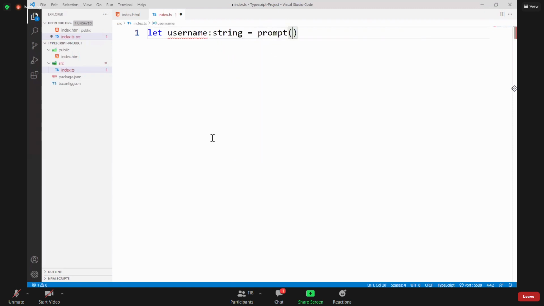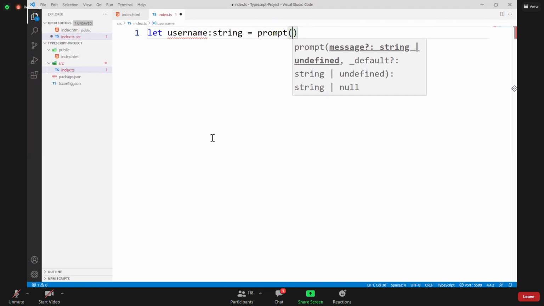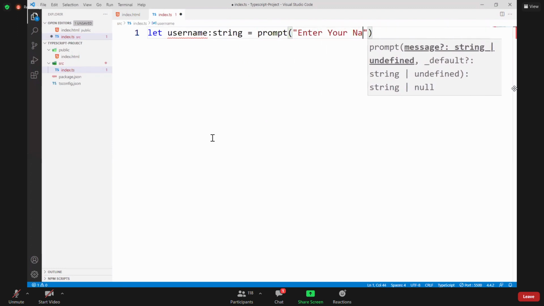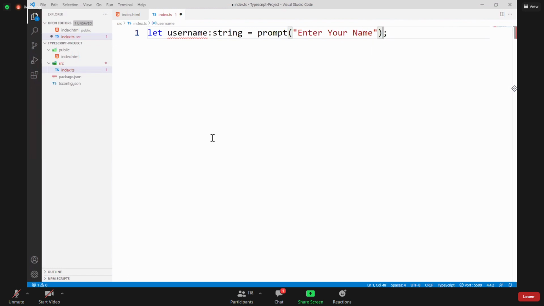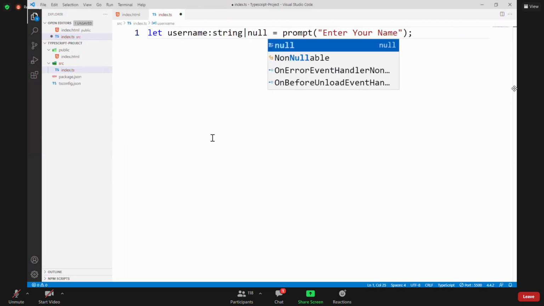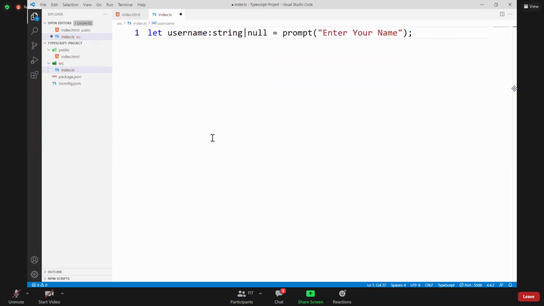In the prompt, we are displaying "Enter username". Initially, the prompt can be null, that means username can be string or it can be null. Like this we write. Later, I will tell you what that pipe symbol is.